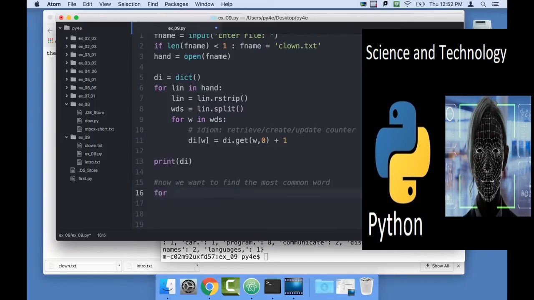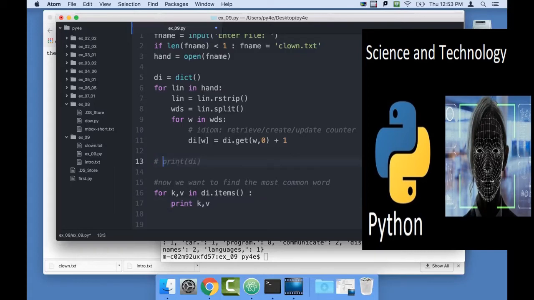For, I would call these variables k and v for key and value, in the dictionary's name dot items. And items is a method inside of all dictionaries that says give me the key value pairs, and we need 2 iteration variables. So this is like an assignment statement for k and v. K and v take on the successive values for the keys, the key and the value. Okay? So if I just now print k comma v,